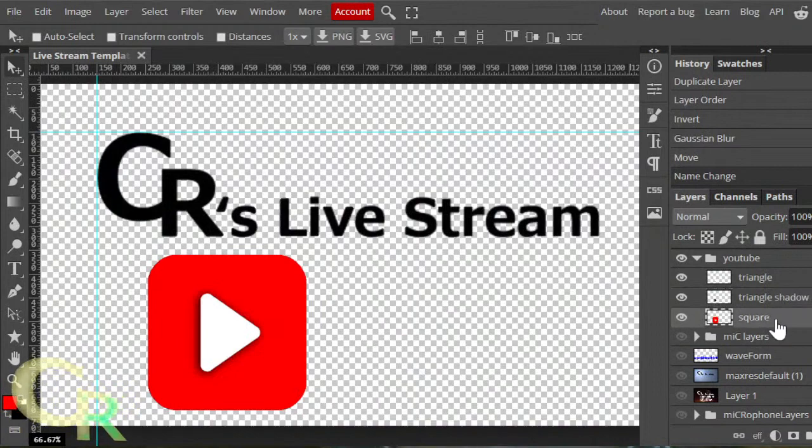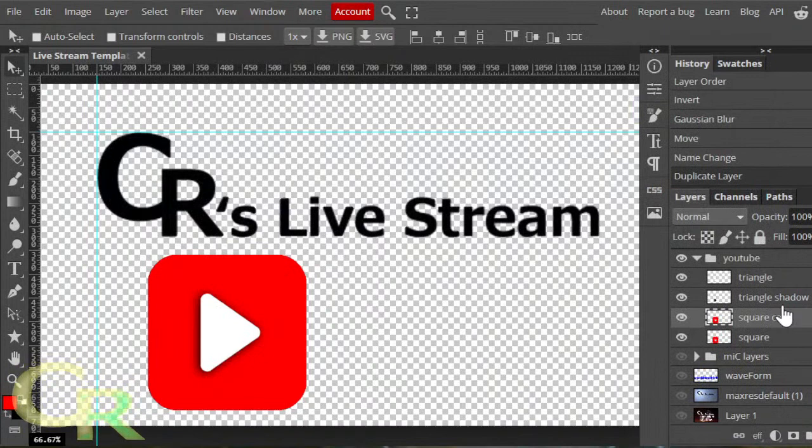Let's go to the square. Again, I'll make a copy of that, so something I can work with. How do I want to make this? Kind of like a border. So move that down. Hide the original. Go to the square copy.